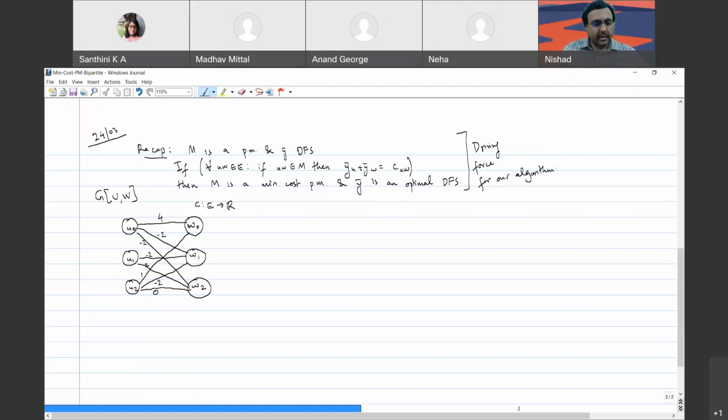Okay. So let's look at the dual constraint. What is the dual constraint? We want y_u plus y_w less than or equal to the cost of the edge. Yes, so this is our dual constraint, right? It's the only constraint we have. The y variables are free. So this is the only constraint we need to satisfy. So clearly, you take the minimum cost over all edges and divide it by half and give that value to every vertex. Right? So what will happen in this case? The minimum is